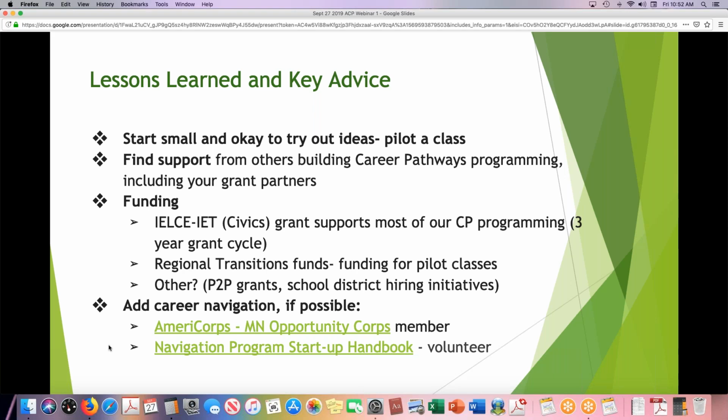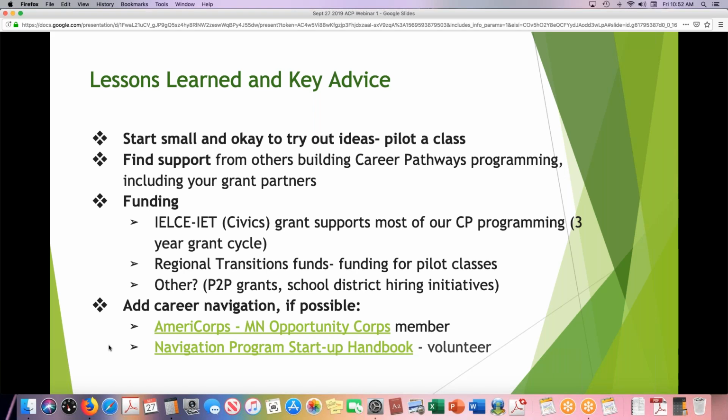There are other funding options too. For example, I hear a lot of people have P2P grants. And also school districts. Our school district helps us fund a spring CDL class, and our civics grant funds the fall CDL class. That's been really successful, to have our school district help pay for the spring class.